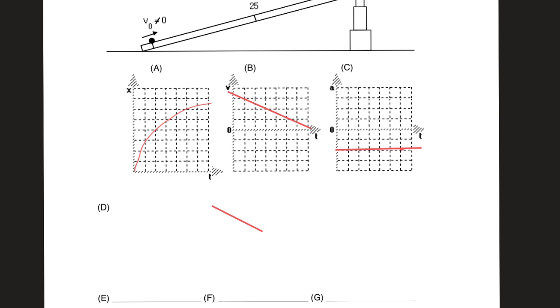Starts fast, slows down. Velocity starts positive, goes towards 0. If you continued it and did a full parabola, that's fine. I only did it to the top of the ramp. Like you said, so would it be okay for full parabola? So it would be fine, right? Okay. And so for the velocity, you